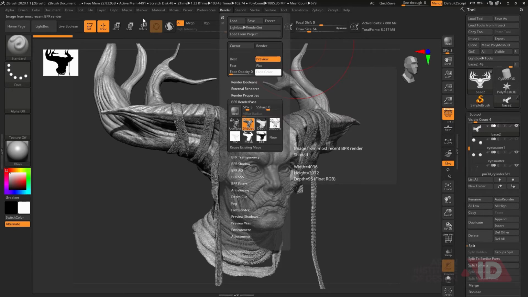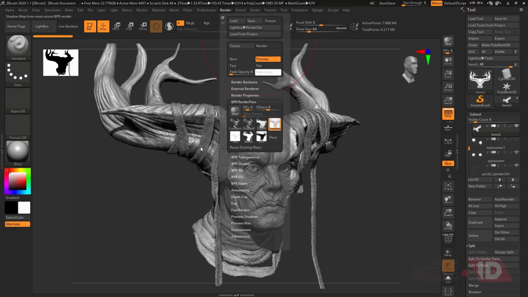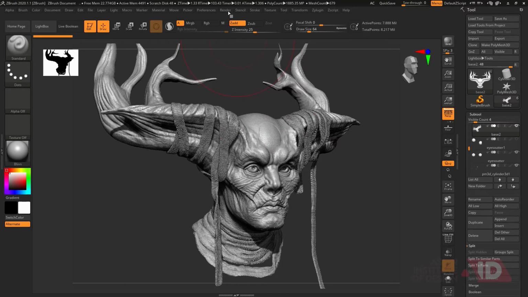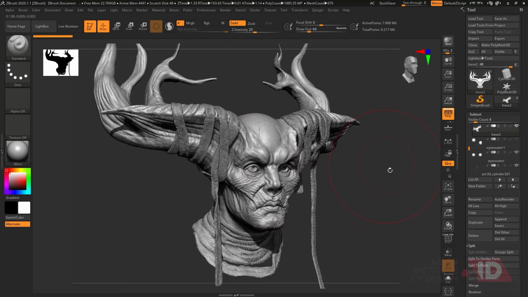So what you have to do is just click it and ask a place where you want to export this. Right now I'm going to export this into desktop, save, depth, save, and you can see by default it has all the names: BPR shadow PSD, BPR depth PSD, BPR render PSD. So all those PSDs are already named properly, so you don't have any confusion. Then triple S is optional.